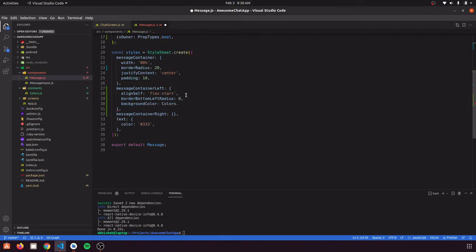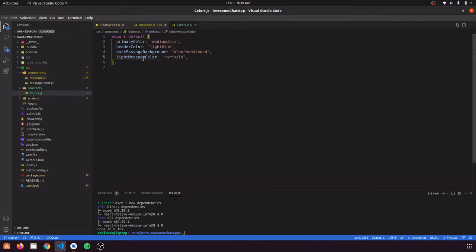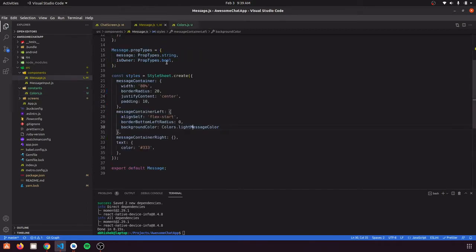And now we are going to use colors dot light message background color. So let's change its name properly, background. Okay, let's use this variable there.